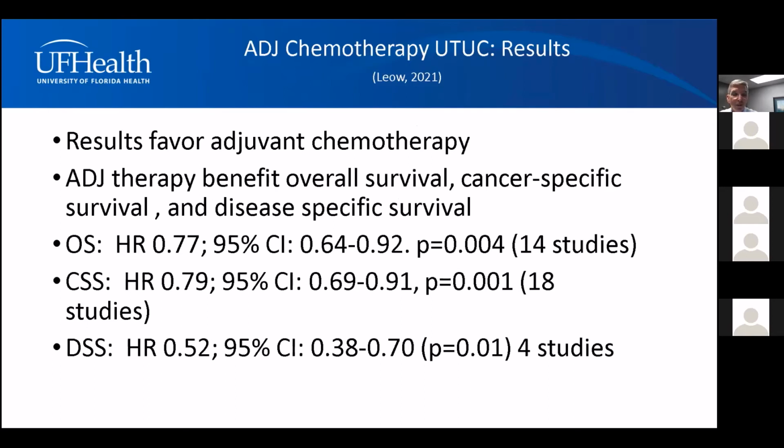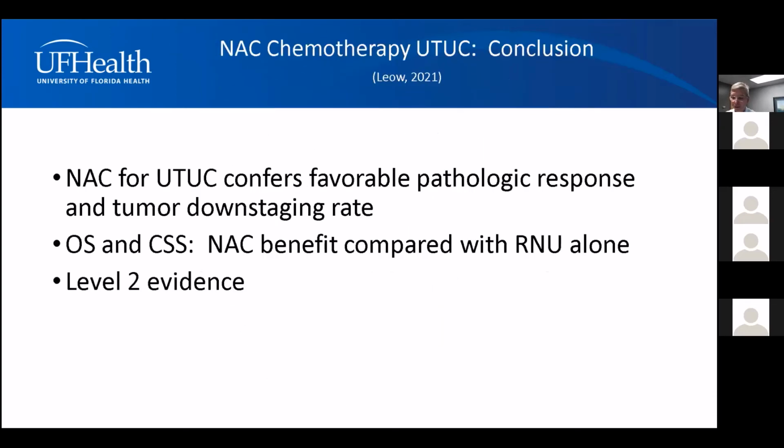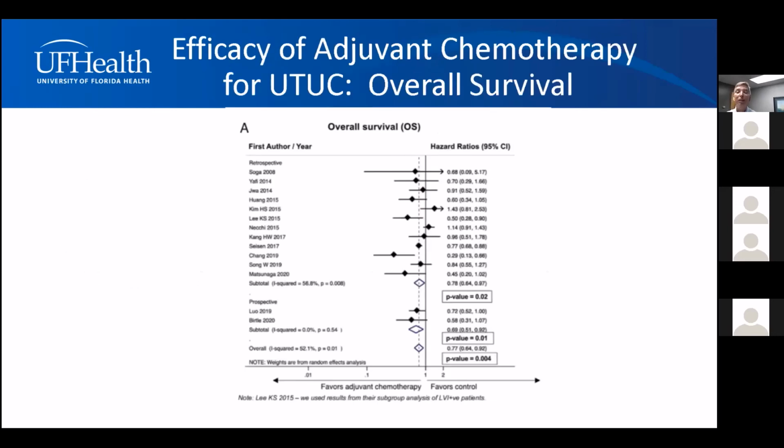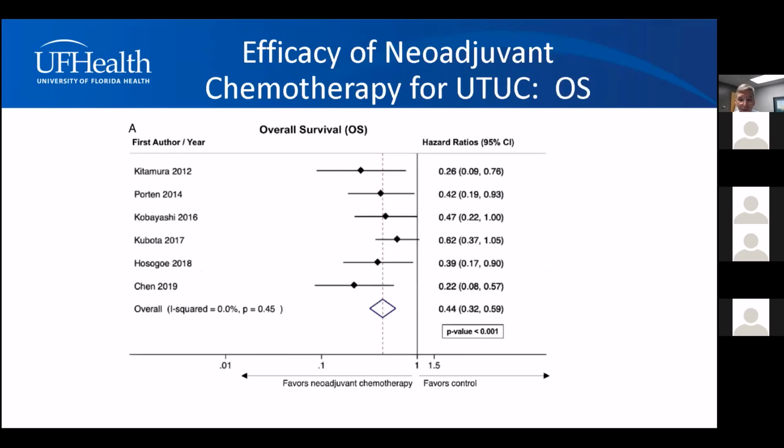Just a quick question to our residents and fellows who do a lot of this meta-analysis. Guys, there seems to be a significant difference in the hazard ratio between neoadjuvant chemotherapy and adjuvant chemotherapy for upper tract tumors. Does that mean we should start with neoadjuvant in these patients? Because adjuvant does not seem to be as effective. If you look at this meta-analysis here, it almost touches the no difference line. Whereas if you look at the previous couple of slides, the hazard ratio is 0.3 and so on. So how do we interpret this, guys? Should